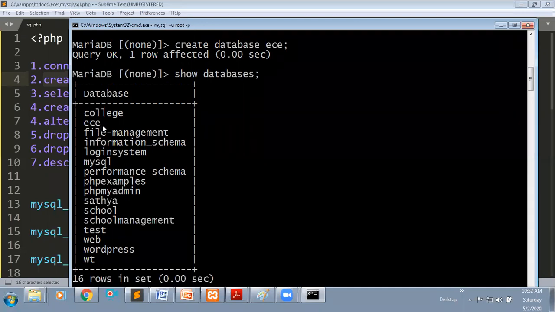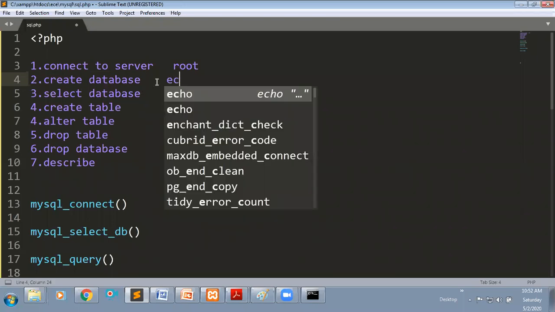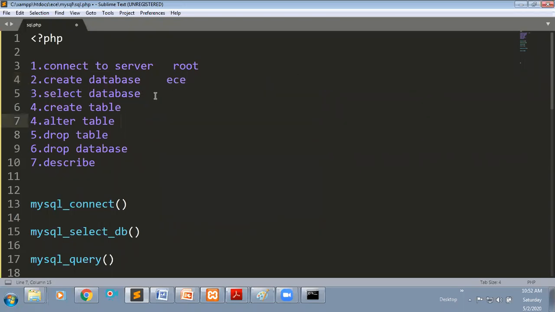Now you are able to see your database here, right? It means your database is created in my server. Then after creating your database, here I have created one database, that is ECE. After creating your database, what you need to do is select your database.